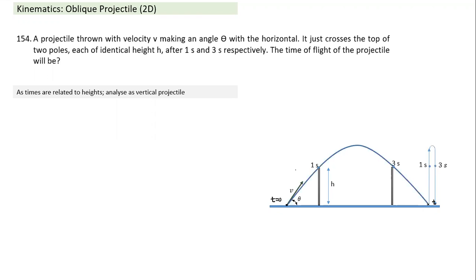It will take the same time it has taken to rise from this point to this point. It has taken 1 second to rise from here to here, so from here to here it will take 1 second to fall. So it will hit the floor at time t equal to 3 seconds. Sorry, 1 more second we have, t is equal to 4 seconds. So what is the time of flight? Time of flight is 4 seconds.